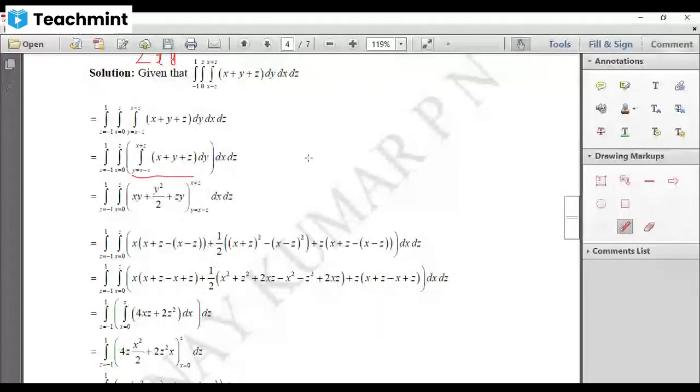Can we separate this into three integrals? No, because here variable limits are dependent on each other. We cannot write this one as three different integrals, even if the function is a product where we can separate the terms involving x, y, z separately.